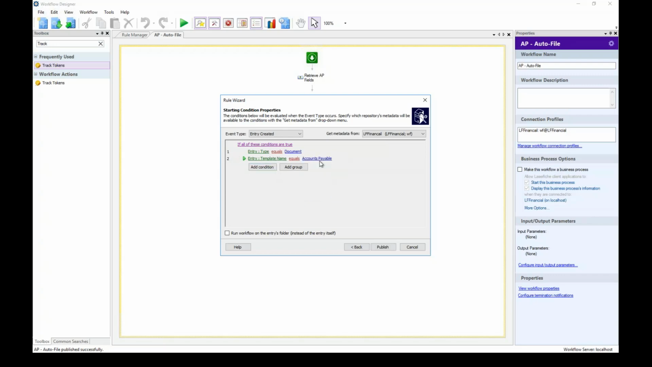So if it's a document with that template, then run. But I actually want to make it even a little bit harder for it to run because I don't want it to run every single time something's created, maybe in another location. So I'm going to add another condition that says entry type, entry path